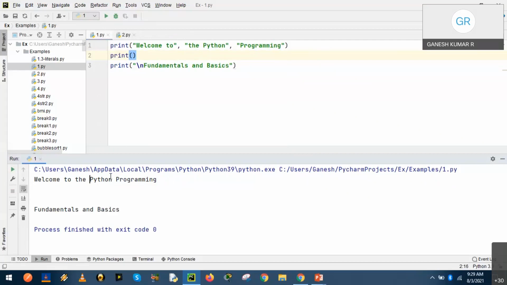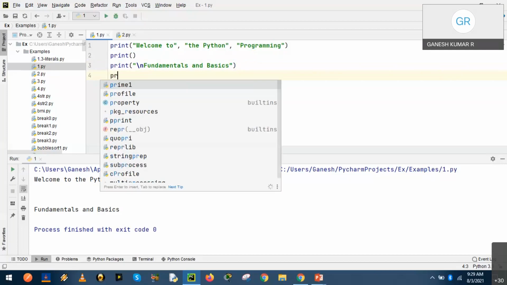Is it clear? And Python offers another mechanism for passing arguments, which will be helpful when we want to change the behavior of the print function. We can change its nature with the help of arguments. The print function has two keyword arguments, called end and sep, for this purpose. Right? So for example, let us introduce one more statement, print.